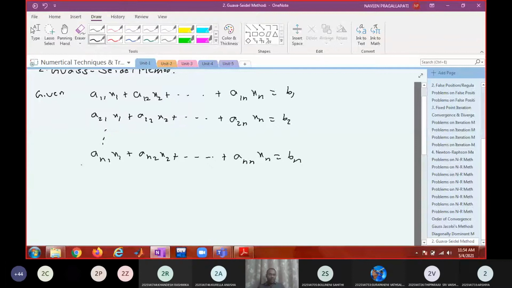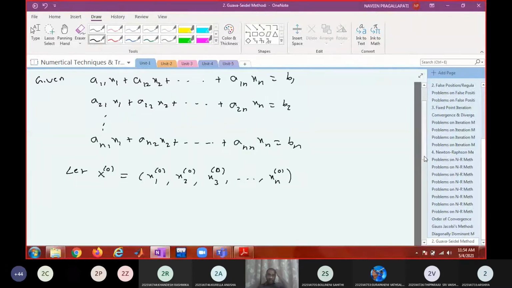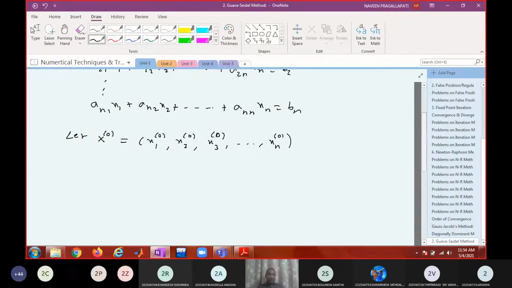So you are assuming x power 0. Don't write anything, you just listen to what is happening, then you can copy. I said this is going to be your initial approximation. Either you will be giving all zeros or you will be taking some values which are given in the problem. I'm repeating whatever I'm telling. Like in Gauss-Jacobi, you try to write the expression for x1, x2 and so on. Later I will tell you.